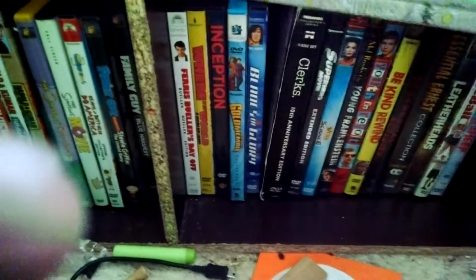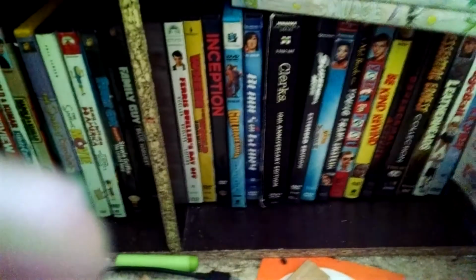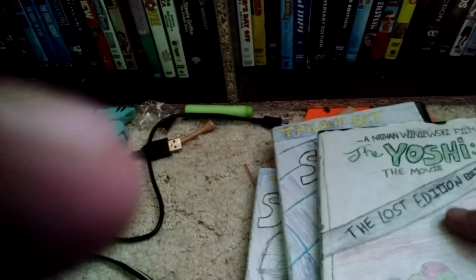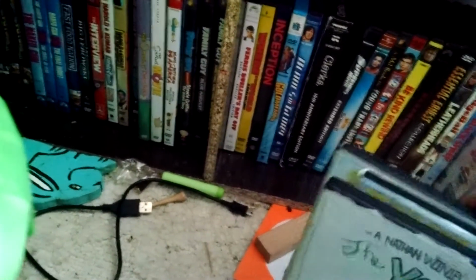Now up here, this set, remove that by the way, this is just a bunch of Pepsi ads I gotten as a gift. This down here, this is a 3 DVD set that I was given as a gift from Nathan Wisniewski, who you'll know from New Gaming now, back when he did his web series The Yoshi. I got these 3 DVDs as part of a contest, which my sister won, by the way, and she just gave me the DVDs. So I have April Movie Month